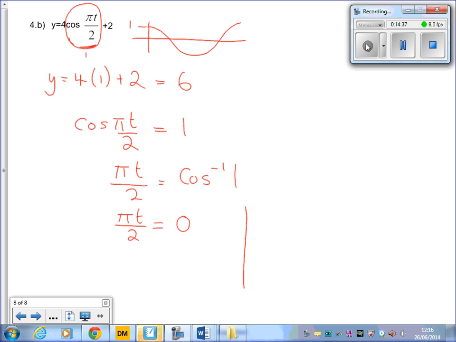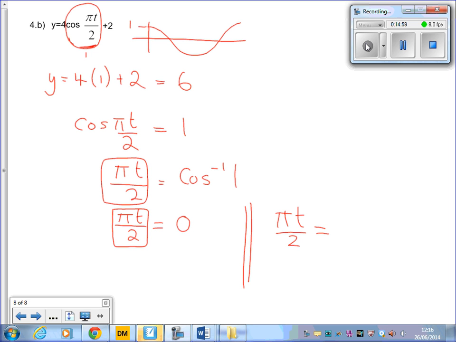Remembering what we did in the earlier parts, as soon as I do inverse cos or inverse sine, that's when I need to do my second solution. So I've got pi t over 2 just from here, same for this one. And for my second solution then,